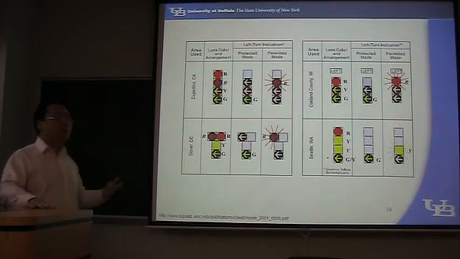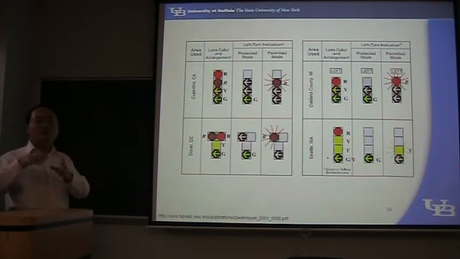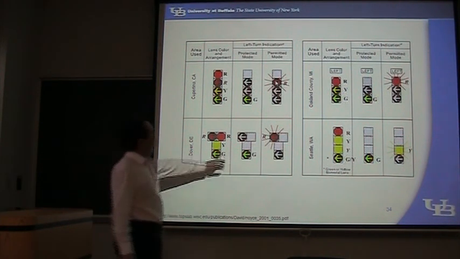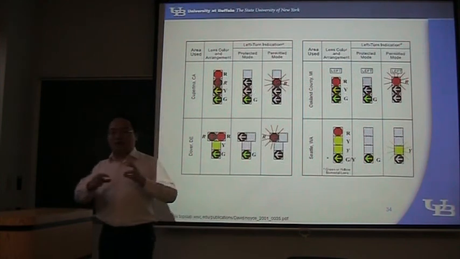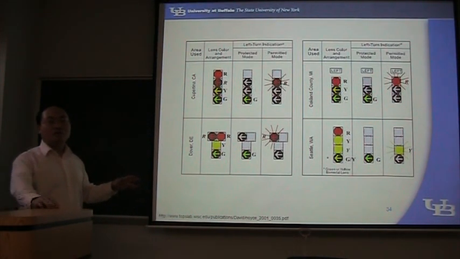Are you allowed to turn left when the green ball on the through movement is on, but the red arrow is present? No, right? But here it said permitted mode in this figure. Why? So actually this means flashing. Only when the left turn arrow is flashing, you are allowed to